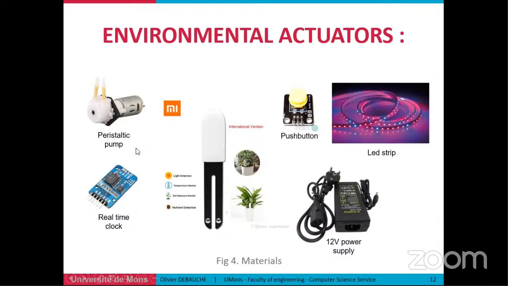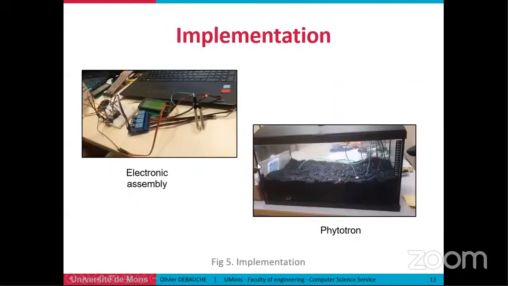And we can use some actuators like a peristaltic pump to pump the fluid, a real-time clock, and a push button to put the light on or off. We have used an LED strip, which is artificial LEDs, and for power supply we have used 12 volts. So this is our implementation, our Phytotron in a code chamber, and we have used several sensors and actuators